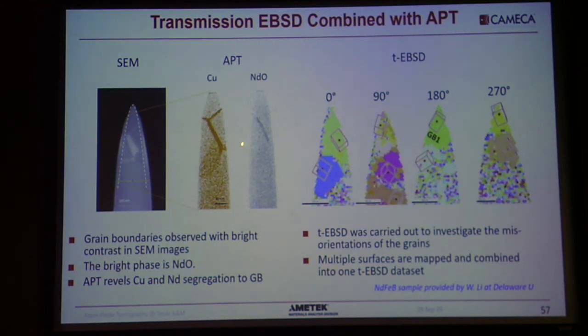This part here is sandwiched with the aluminum oxide. This one is sandwiched with copper. And with the EBSD, you can actually do some rotation and do some mapping in terms of the grains. So information such as the disorientation of the grains could be obtained. And the complement